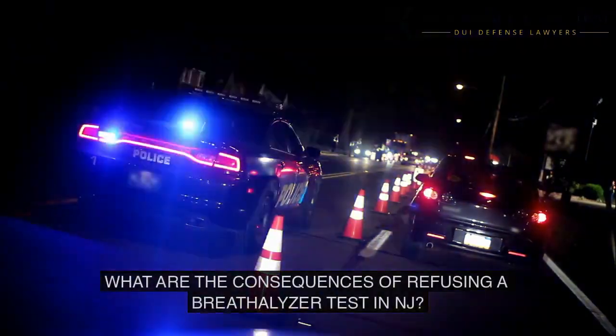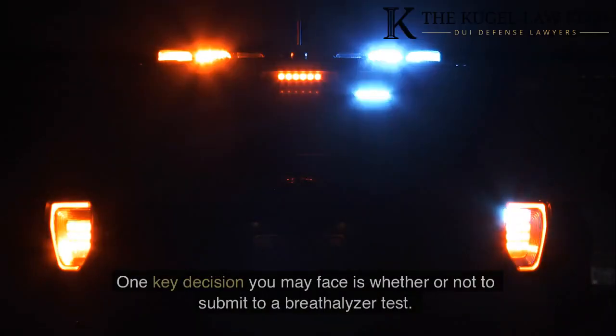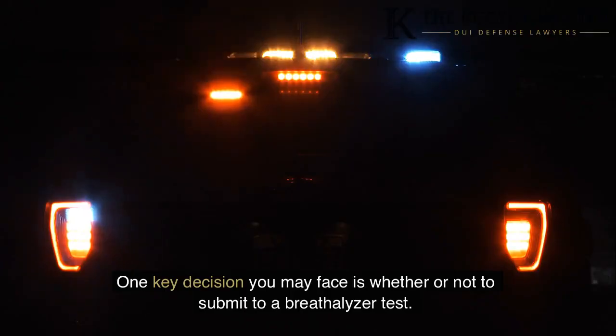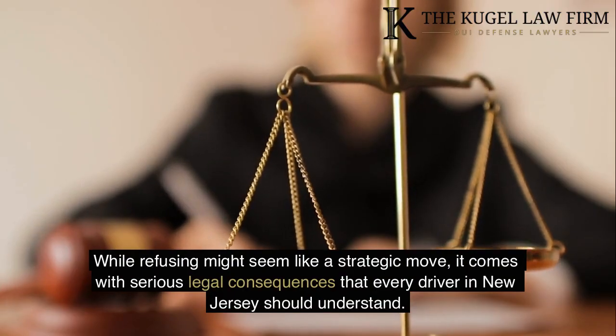What are the consequences of refusing a breathalyzer test in NJ? If you're ever pulled over in New Jersey under suspicion of drunk driving, the moment can be nerve-wracking. One key decision you may face is whether or not to submit to a breathalyzer test. While refusing might seem like a strategic move, it comes with serious legal consequences that every driver in New Jersey